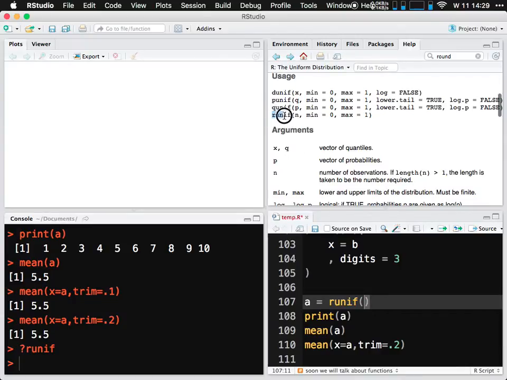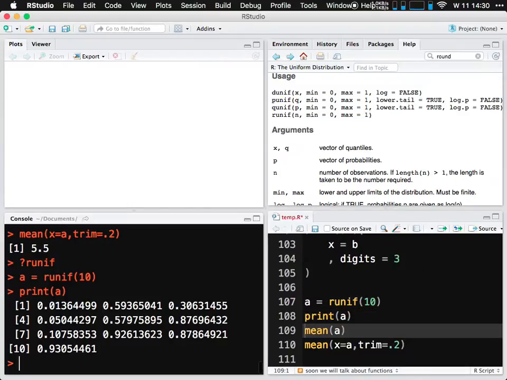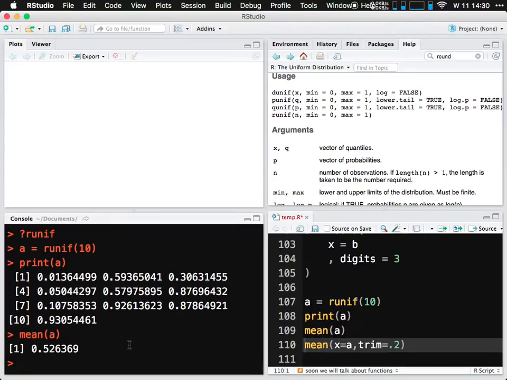So we'll get into this more, but whenever you see an R and then a probability distribution, the R means a random sample from that distribution. So we're going to get a random sample from a uniform distribution. N is how many samples we want. So let's do 10, for example. And we'll accept the defaults of min equals 0 and max equals 1. So runif 10 should give us 10 random samples. So if we get the mean of all those samples,